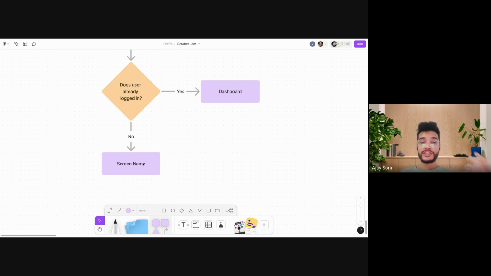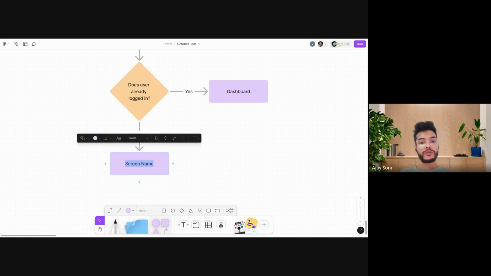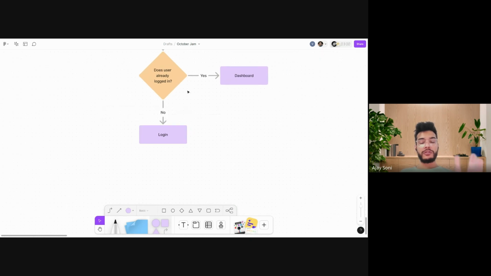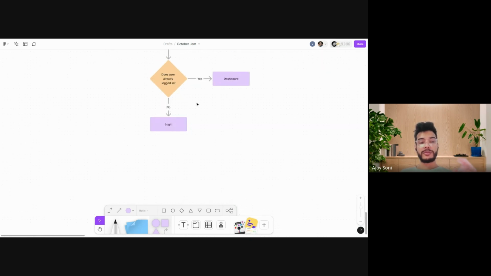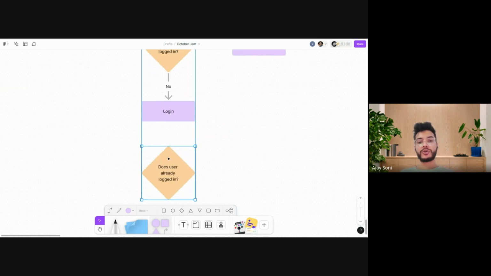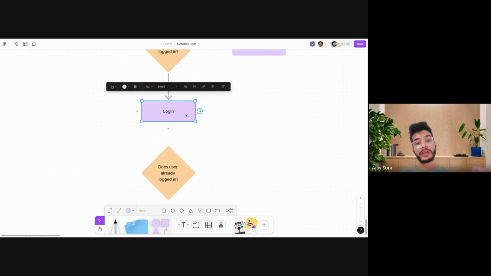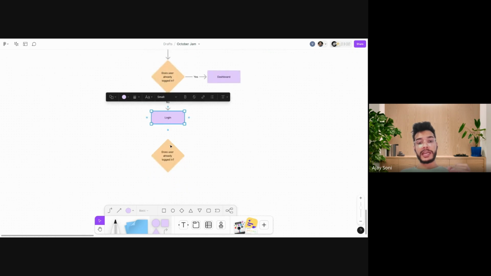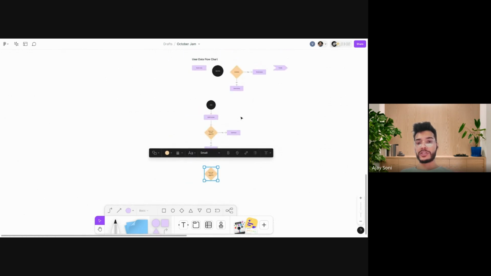If not, let's say the user is not logged in, we are going to take him to the login screen, right? Now we are not going to put the rest of the other things. Now let's copy it and just place it here. After coming to the login screen, what will be my activities here? Now comes the activity, this, right?